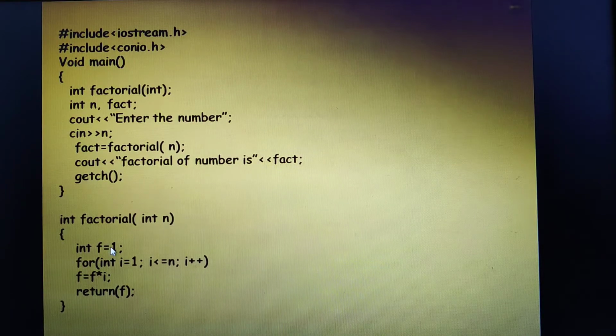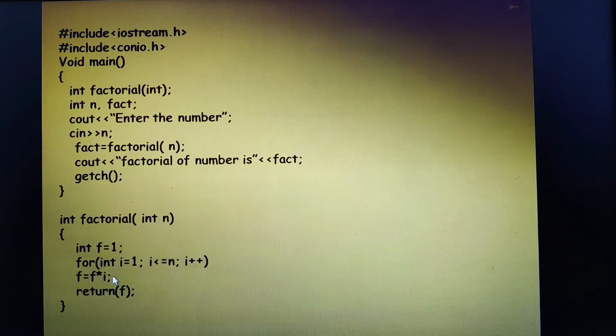Now here I have taken a variable known as f, which is initially initialized to 1, and then I have taken a for loop because I want to calculate the factorial till a given number. Initially i is equal to 1, i should be less than or equal to n, and i plus plus. So the initial value of i is 1, so 1 into 1, f will have the latest value as 1 here, i gets incremented. f remains 1, 1 into 2, that is 2, again i gets incremented, so 2 into i, when i gets incremented, i would become 3, so 2 into 3, we would have got 6, like this, up to the given number.